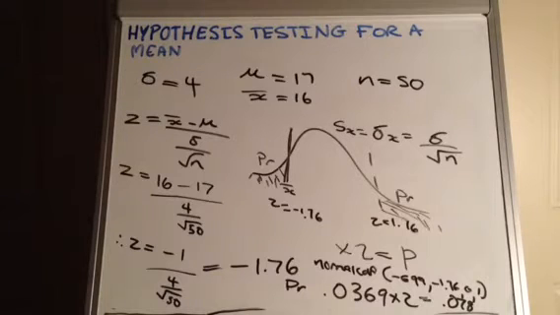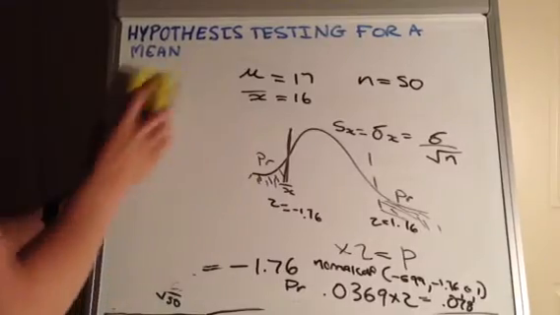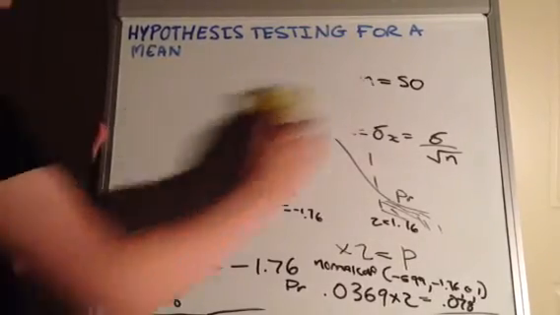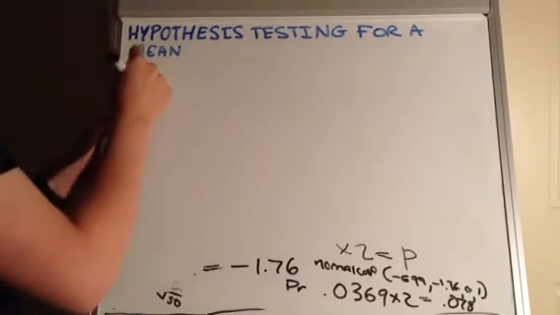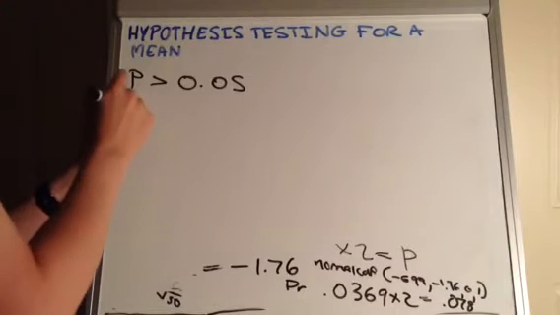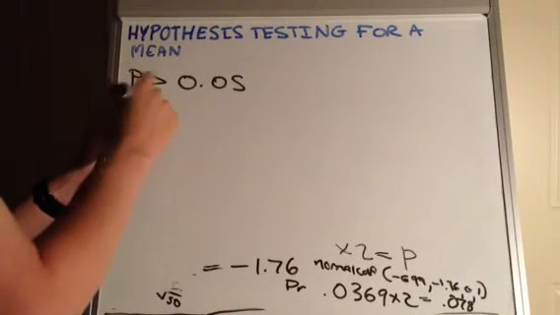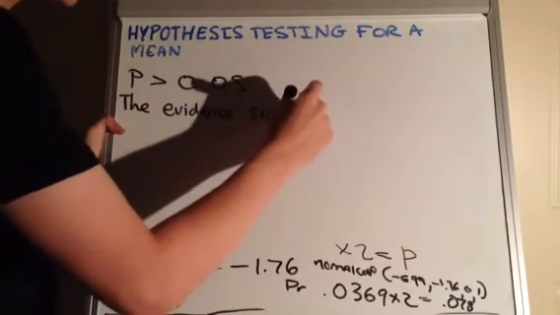And it's because of that we don't actually reject the null hypothesis, because that p-value is greater than 0.05. So as p is greater than 0.05, the evidence supports the null hypothesis,